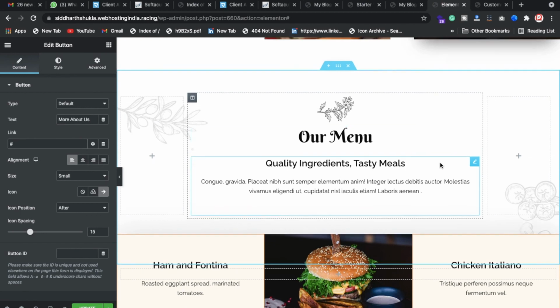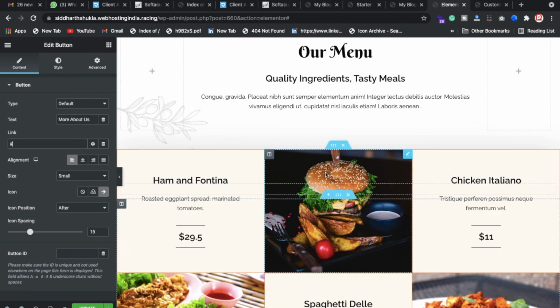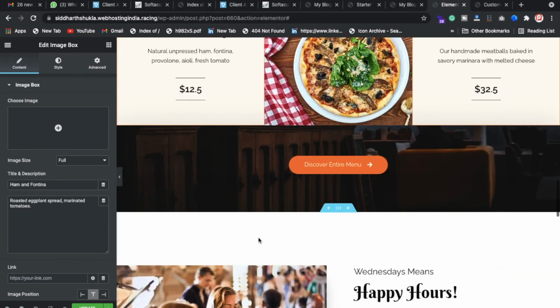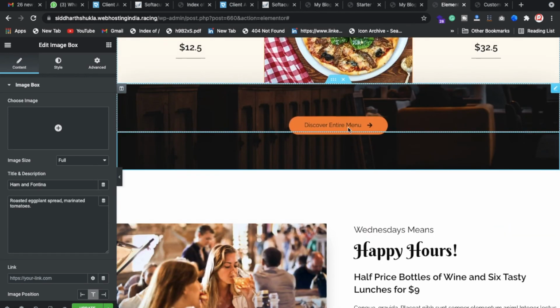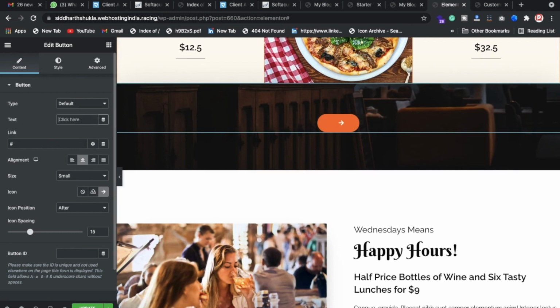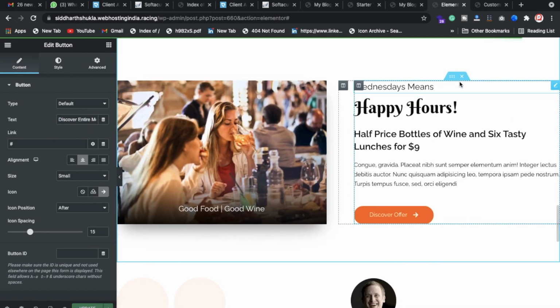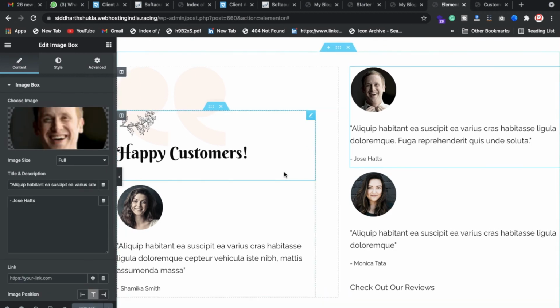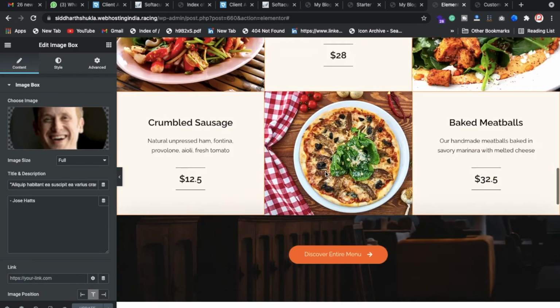Yeah, we have menu sections, and if you need anything changed here, you can of course control it from your side. Suppose you want to update a price, click here, and of course if you want to change this one, you can do that from your side. And the same here, if you need to change this button, of course you can change it like here. You need to put Discover the Entire, of course you can put whatever name you need. Again, you need to put here the same things, you can change from there. So hope now you can understand how you can control this website. Testimonial section, you can click here and update. So this is really nice.